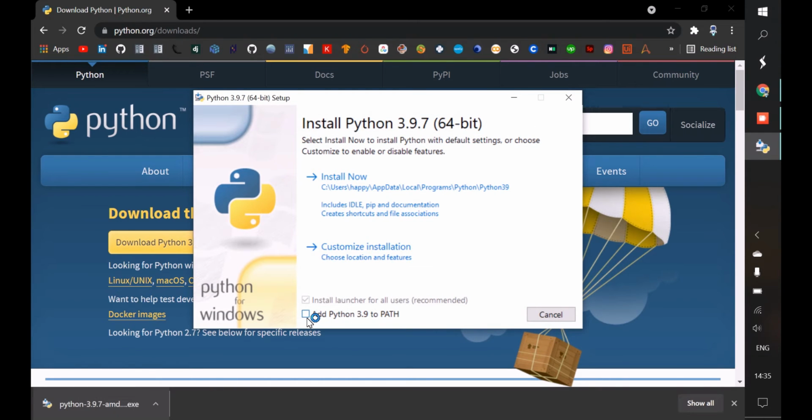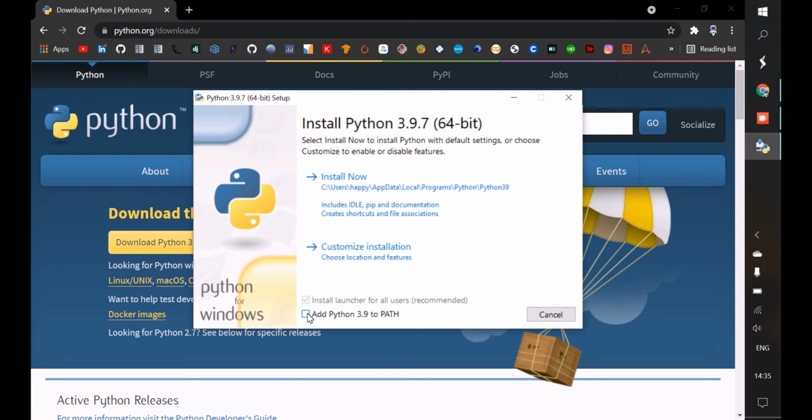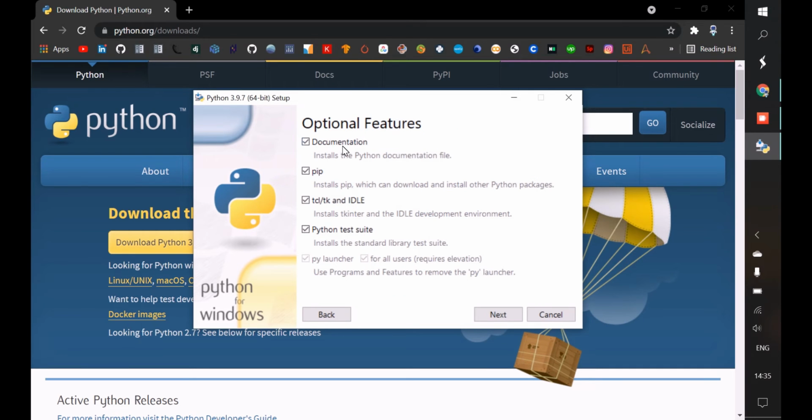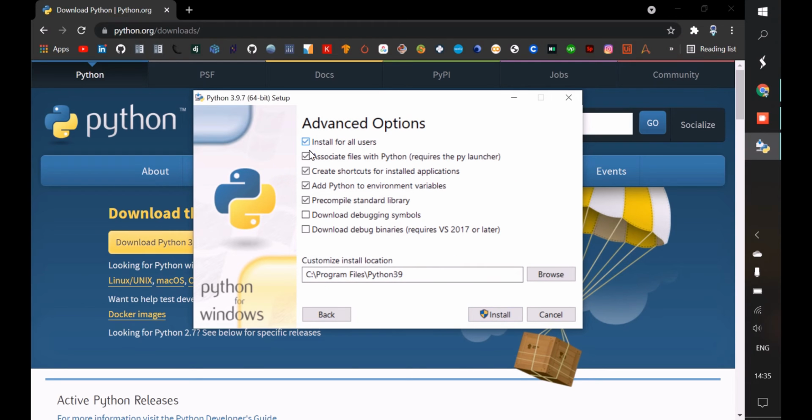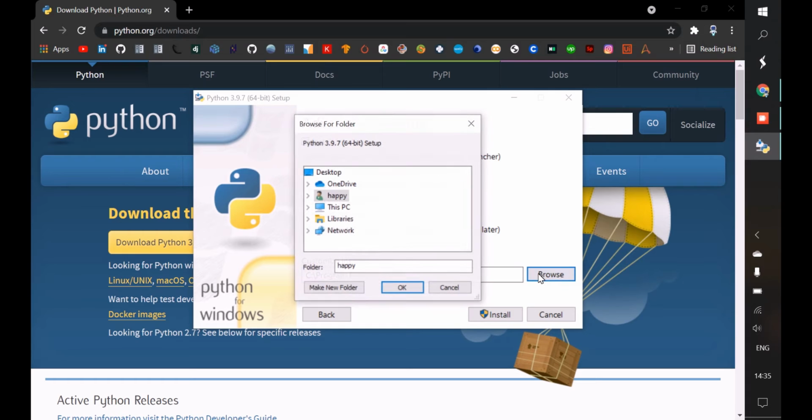This window will open. Then you have to select add Python 3.9 to path. Then go for customize installation and select all the optional features, and go for next. Then select all the advanced options and then browse.